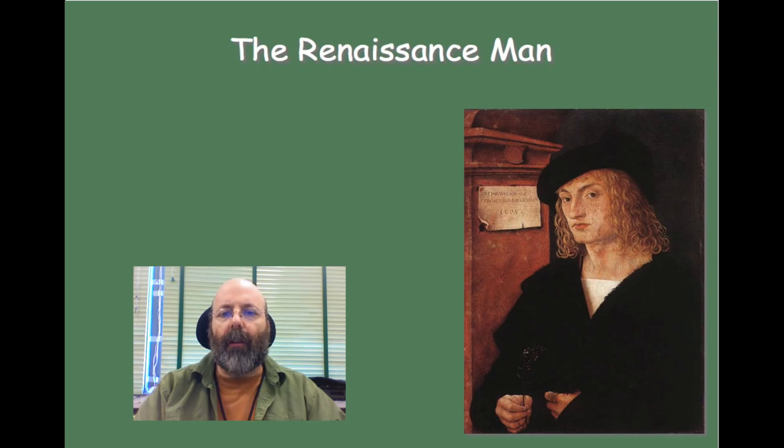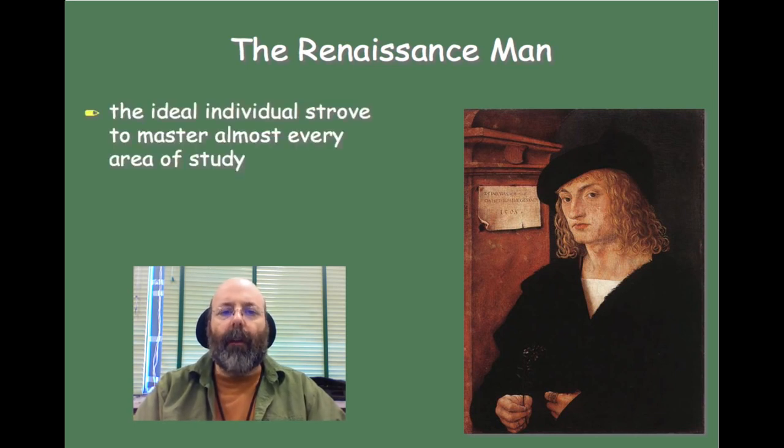All right, let's take a look at this concept of the Renaissance man. And what that means is that you have an ideal individual who could strive to master almost every area of study. So you could study art, literature, science, math, basically everything. But if you could master all those things and become a master at every part of those areas, then that would in fact make you sort of a Renaissance man. Oftentimes we think of a guy like Leonardo da Vinci or Michelangelo as Renaissance men because they knew everything that they could possibly know. Now in this day and age, that's a little bit tougher to do because we have so much more knowledge to know. It's a little bit more difficult to become a Renaissance man. But in the Renaissance, that time period was an era of new discovery, so they were able to sort of absorb as many different areas of knowledge as they could.